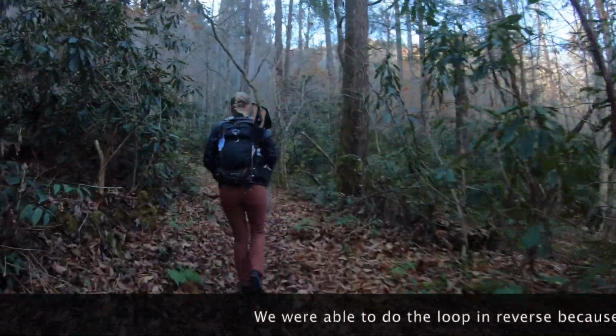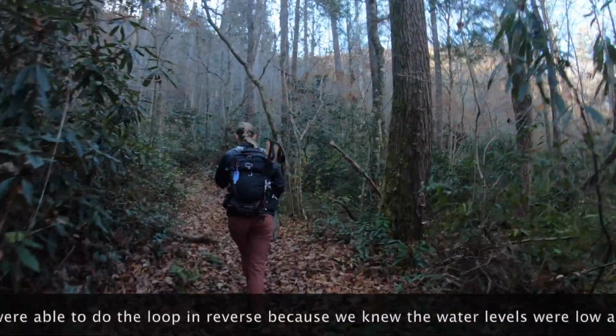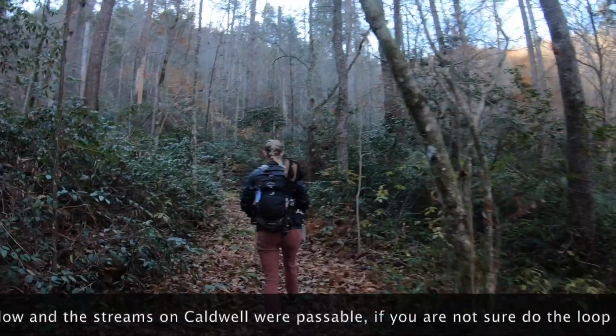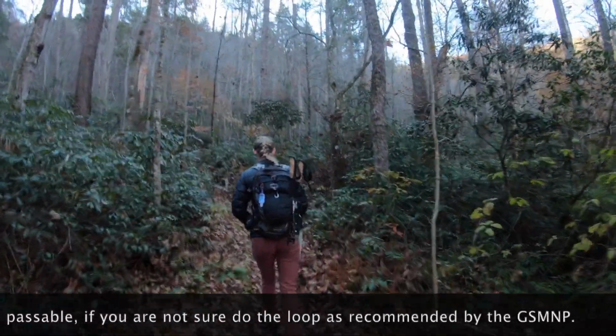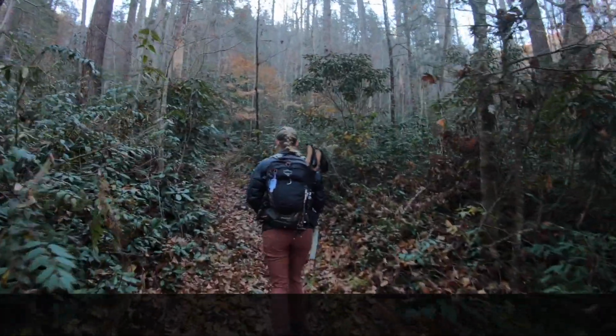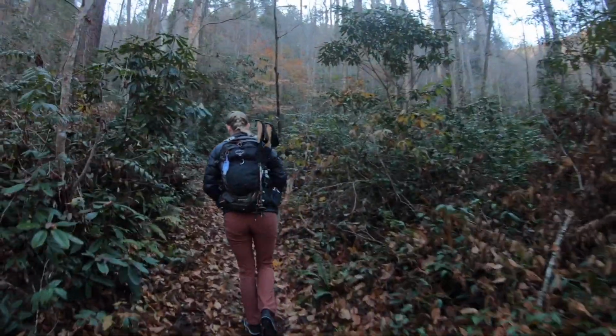We're doing the loop in reverse of their recommendations. We want to leave the water crossings towards the end of the day, and not start on Caldwell and get wet and have to walk down Boogerman all wet. So